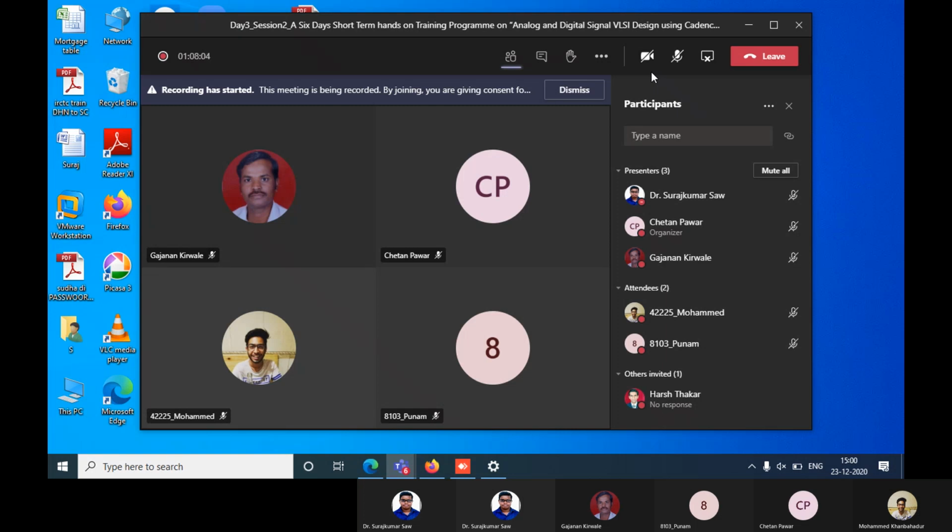Wait, we will add it here. Yeah, I hope it is showing some error. Okay, fine. Why is it showing an error? See, by seeing the log file, we can tell. We have not given the value, right? So we need to give the value, then only it will take.